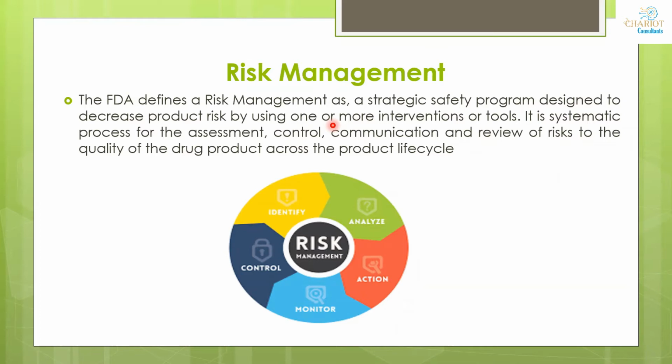Whenever we are starting any project, we need to identify the risk in terms of everything: in terms of your raw material, in terms of your manufacturing process, in terms of your excipient that you are using, and at which concentration you are using. So when you are identifying the risk in terms of your raw materials, that is called your critical material attributes. You can write it: critical material attributes. All the risk which you identify based on your material will be your critical material attributes.